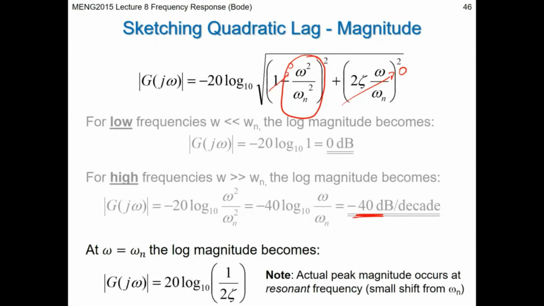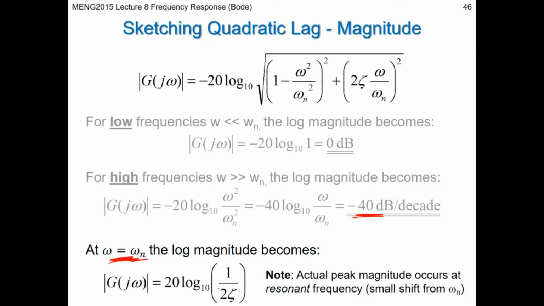And at the special case where omega equals omega n, we get another set of particular behaviors. If this goes to omega n, then this will be omega n over omega n. This is 1, so 1 minus 1 is 0, so this goes to 0 for omega equals omega n. And then this will go to 1. So we have 2 zeta squared, square root it, it's 2 zeta. So at the natural frequency, the magnitude is going to be 20 log 10, 1 upon 2